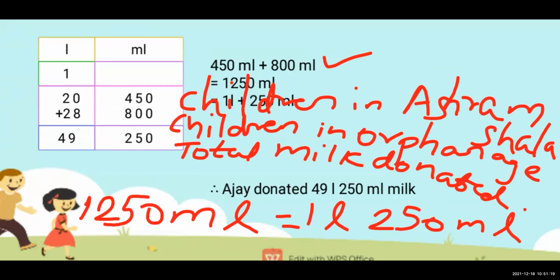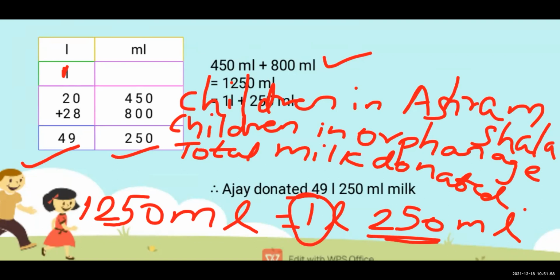See, all the things are that only. Only what we have added is the statement because it is a statement sum. Nothing has been changed. Whatever we have done in the addition, that same thing we are going to do here. Only our statement we have to write it down. So as we know that it is 1 liter and 250 milliliter, see this 250 we will write over here and this one will carry over here. Upar मैंने जो carry किया है, so we will add 0 plus 1 it become 9 and 2 plus 2 it become 49.